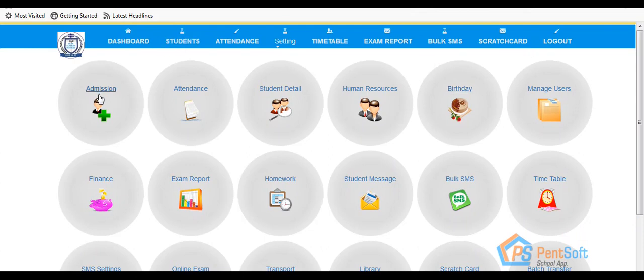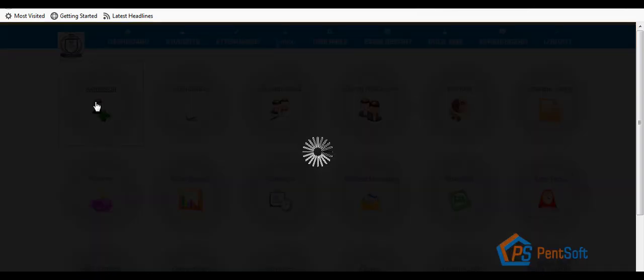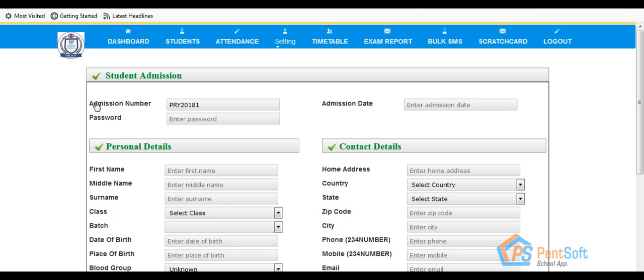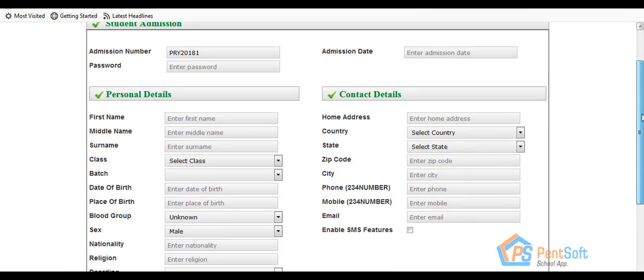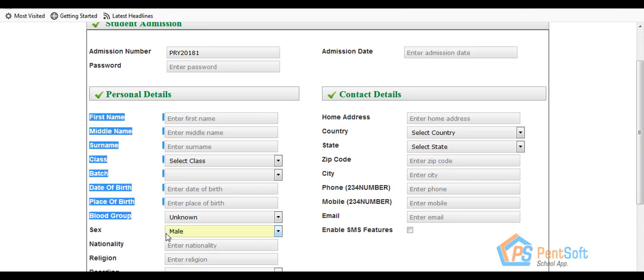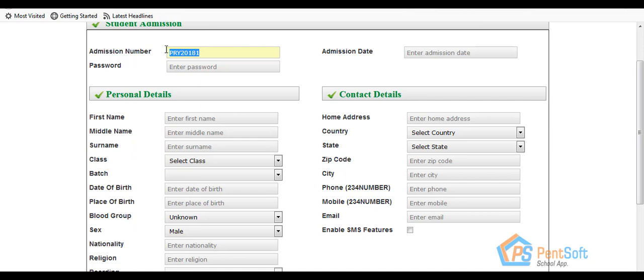So at this point, I have the admission module. This is the part where the record of every student is entered from. Now the admission number and the password form the login information of this child, and his or her details are filled up below. So if, for example, let's say the admission number of this student is, okay, let's use this one, PRY 2018 1, and I'm using the password as 1 2 3 4 5 6. Let's say the admission date of this student is